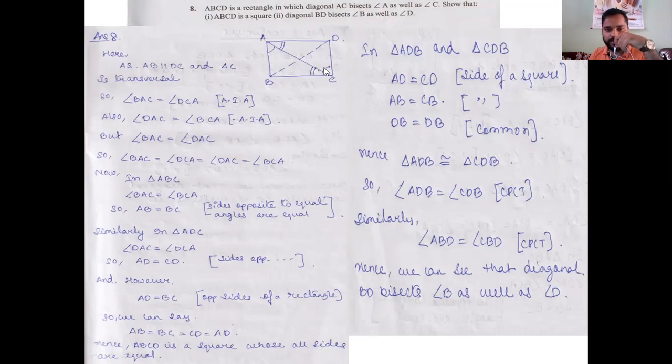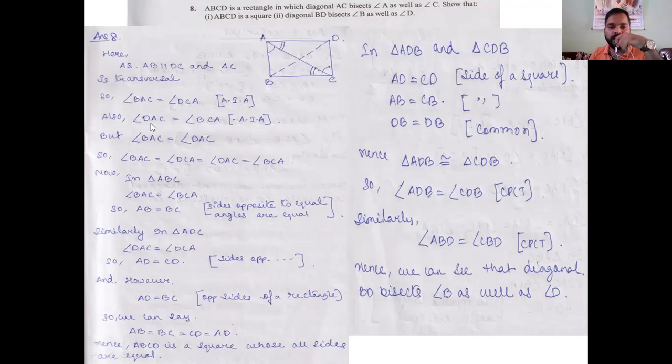If parallel lines are given and there is a transversal, then obviously the alternate interior angles will be equal. So BAC is equal to DCA. You can see this. I make a single arc here to understand it in a better way. The single arcs are made. This is BAC and DCA, alternate interior angles.